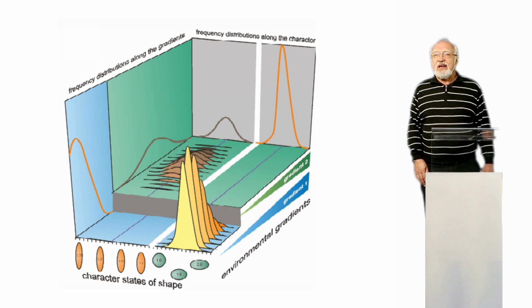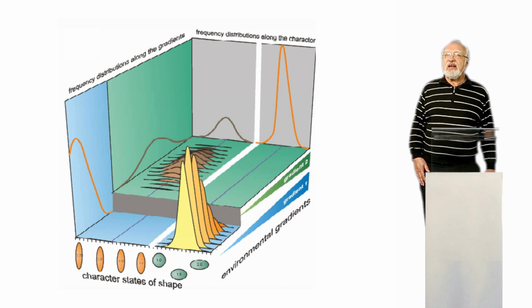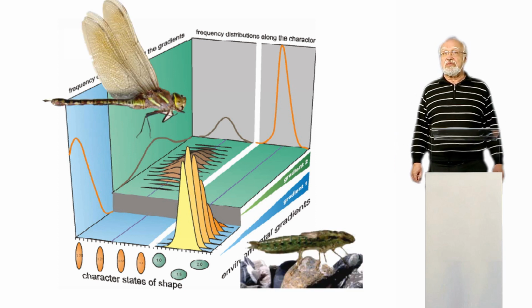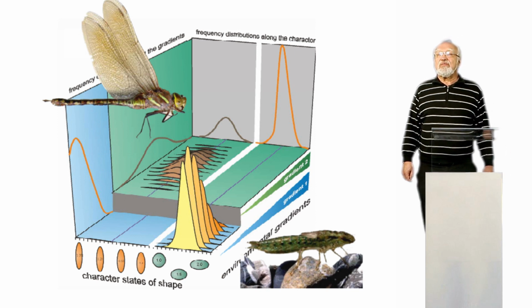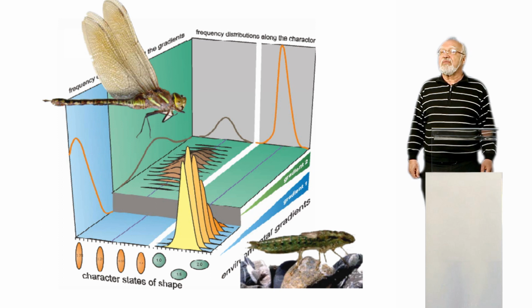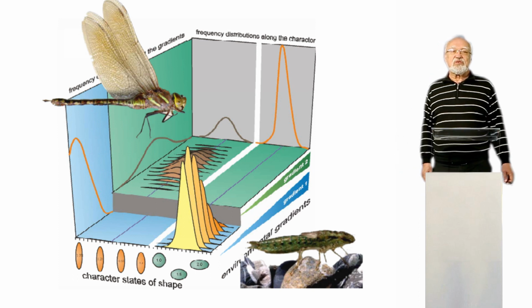You can see in the one environment, you have along the character a normal distribution, and in the other environment, you can also have a normal distribution or a bimodal distinct distribution. So we can possibly interpret that in the one environment you have a larval state, and in the other environment you have the adults, and they can be separated in sexes, so a differentiation in morphology is possible, but along the gradient, this part of the gradient is homogeneous, as I have explained before. But not only this can be done for